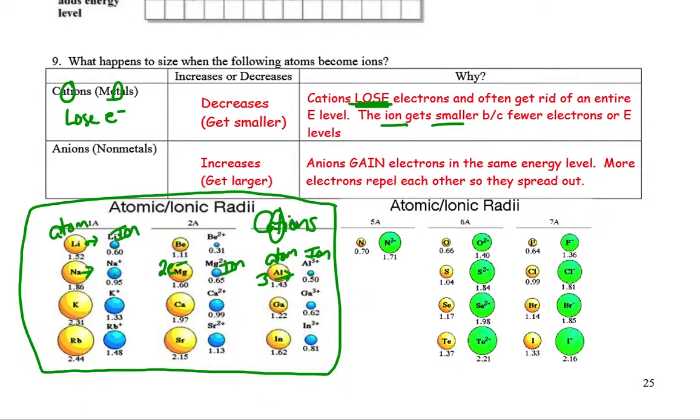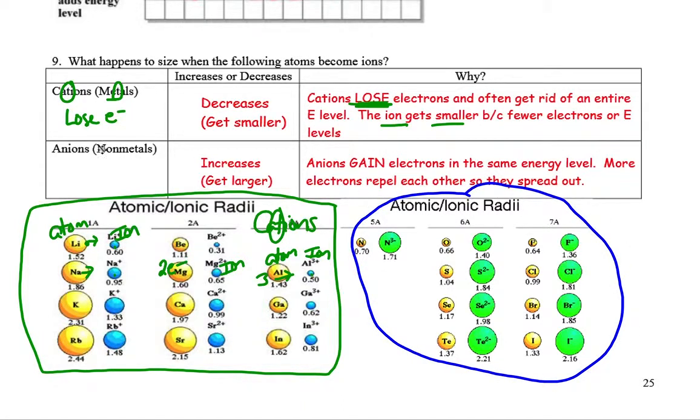The right side, let's use blue here, the right side are all of your nonmetals. Well, how do the nonmetals get to be ions? They become negative. And how do you get negative? You gain electrons. So all of these guys are going to gain. The atom, here's a little nitrogen atom, and it's got 5 valence electrons. Here's nitrogen, 5 valence electrons. It needs 3 more. So nitrogen is looking to get 3 more electrons to stick in that electron cloud.